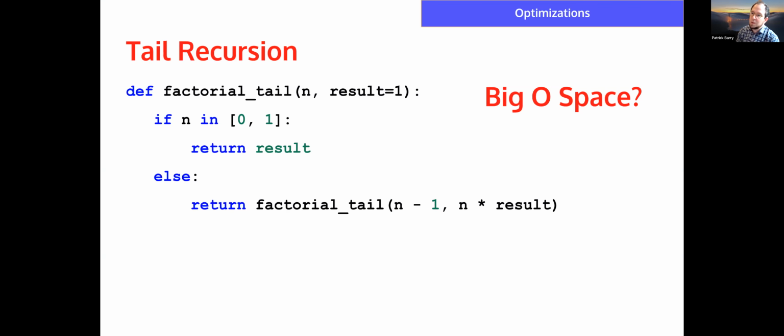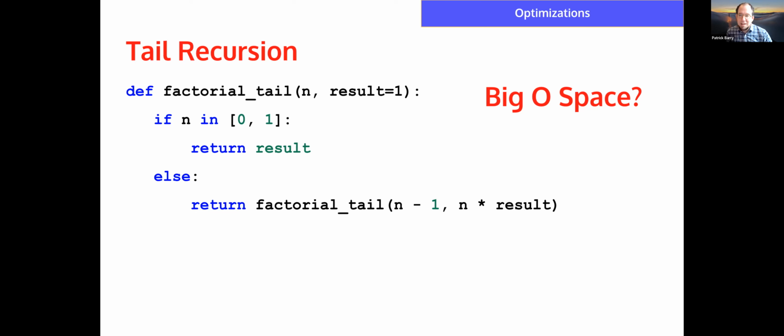So let's talk more about the space that we take up with all of those function calls, something pretty intrinsic to how we described recursion. It turns out there is a trick you can do sometimes. If you can structure your function slightly differently,